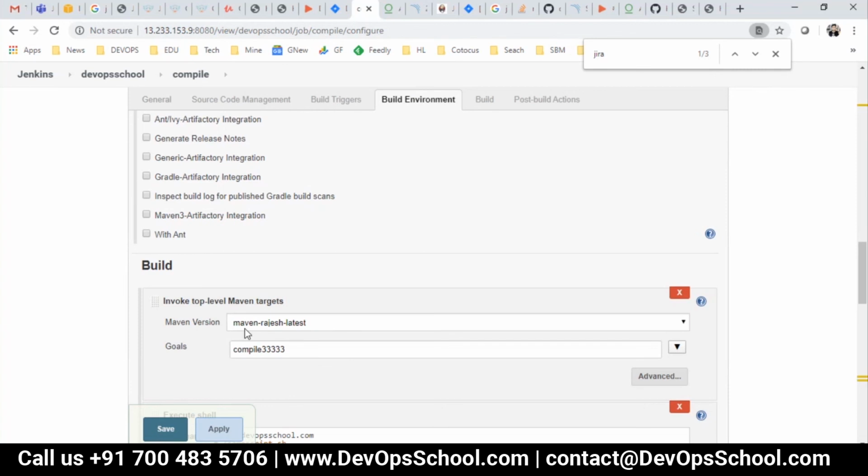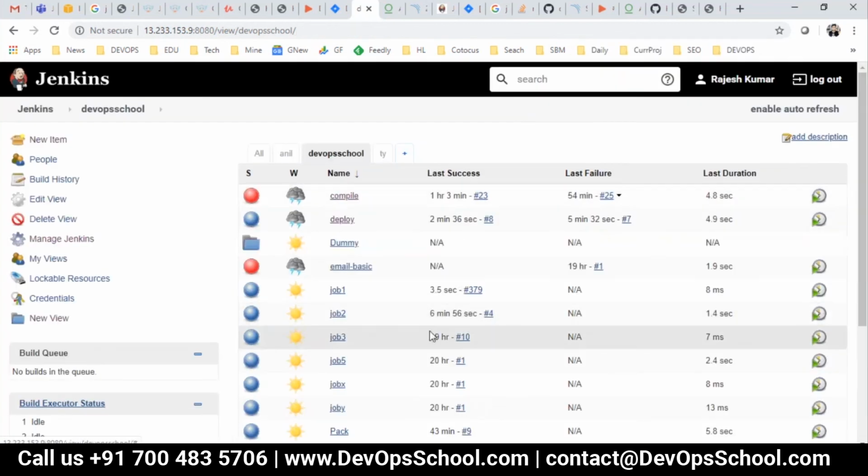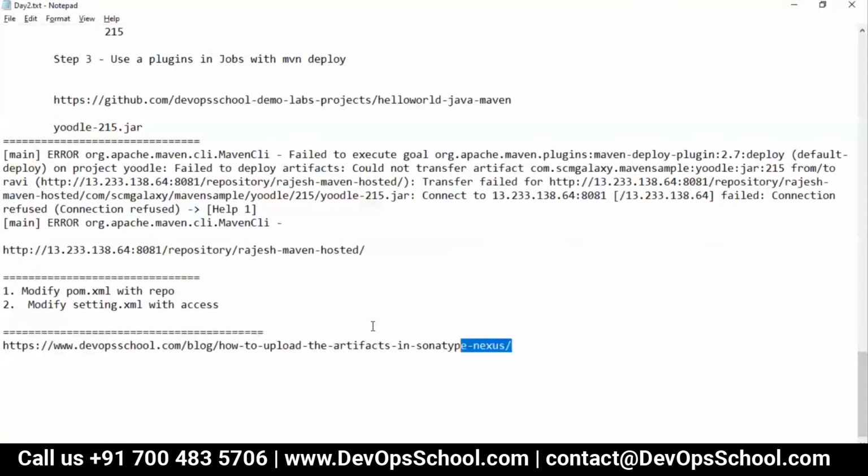No, that is not there. No problem. Okay, so Jira things, I'll check which version has compatibility. I'll come back on this.